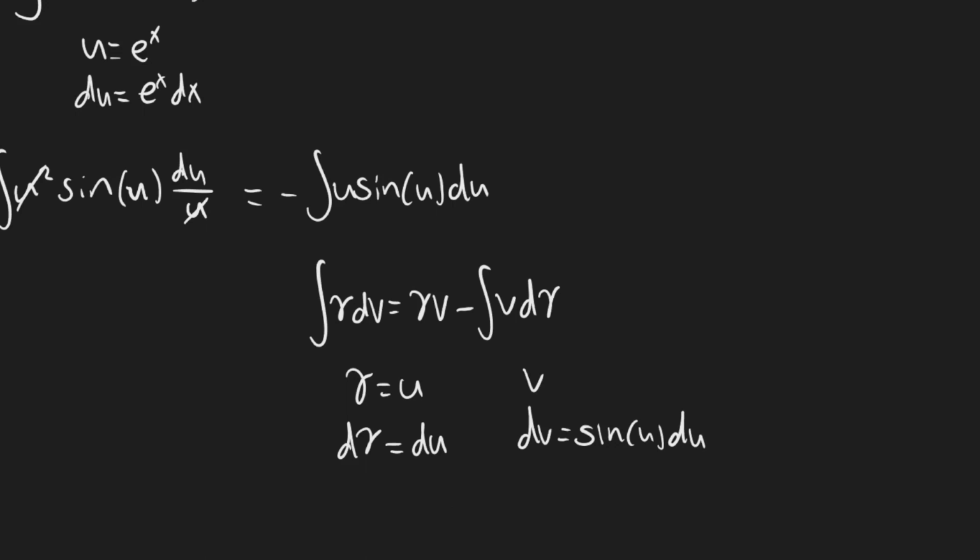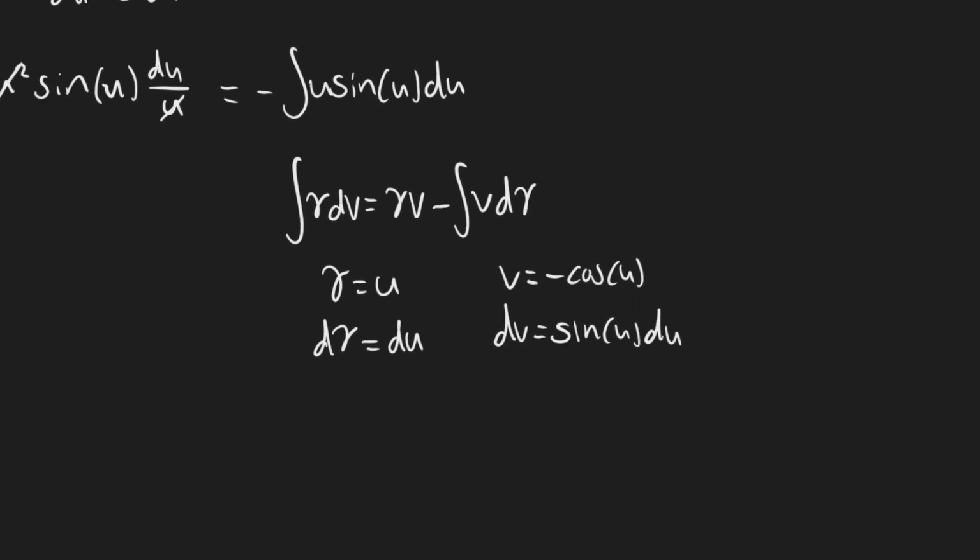What's the integral of sine of u du? That's going to be a negative cosine of u. Okay, now we have everything we need, and so we can plug this back in. This is then equal to negative, because that negative was already out front. And then we have a gamma v, so we have a negative u cosine of u minus the integral of